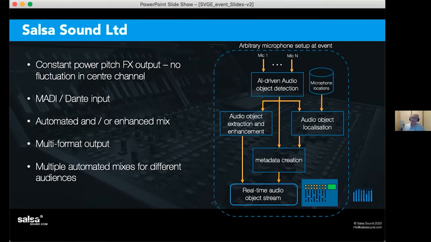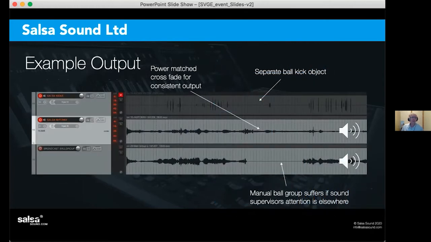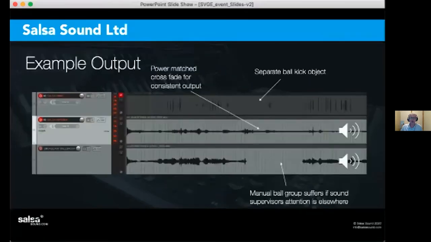And it's impractical to put an extra OB truck, another sound supervisor, and somebody else creating that mix. So we provided this technology so that we could provide multiple automated mixes, but for the different requirements of different audiences. So to give you an idea of the kind of ball group, hopefully we'll be able to see this,